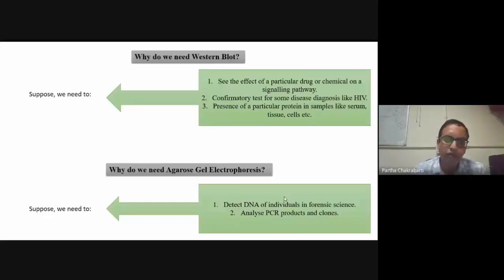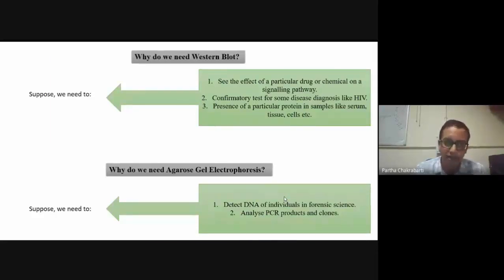So suppose we want to see whether a particular type of hemoglobin is present, for example, in thalassemia. So we can do electrophoresis and Western blot, for example. Another example which is very commonly used in biology labs is agarose gel electrophoresis, where we primarily detect DNA or RNA samples, and PCR products and other clones, right? So for nucleic acids, we mostly depend on agarose gel electrophoresis, whereas for proteins,